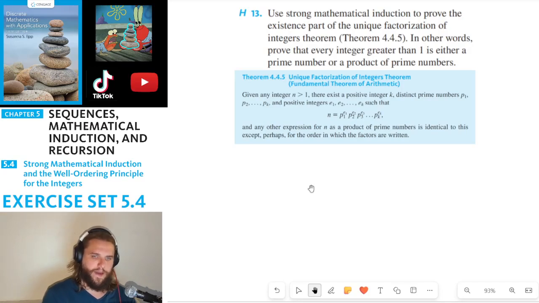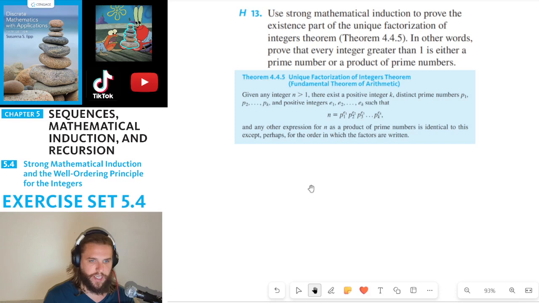Use strong mathematical induction to prove the existence part of the unique factorization of integers theorem, theorem 4.4.5. In other words, prove that every integer greater than 1 is either a prime number or a product of prime numbers. So here I have theorem 4.4.5, which is the unique factorization of integers theorem, otherwise known as the fundamental